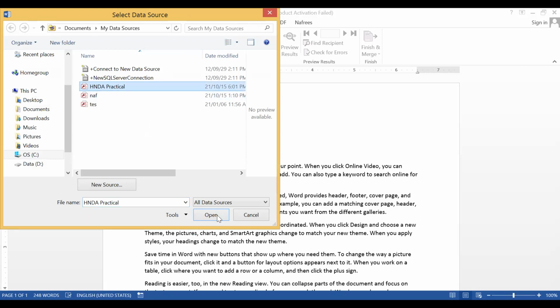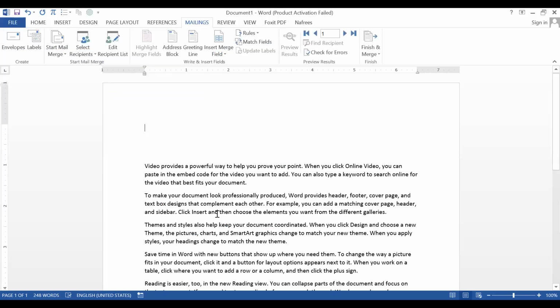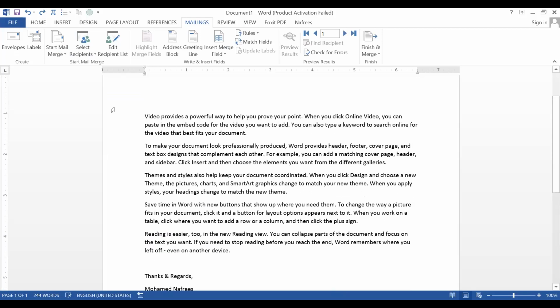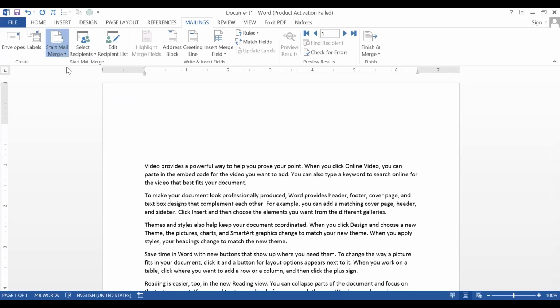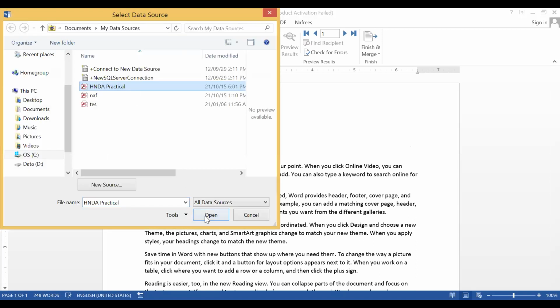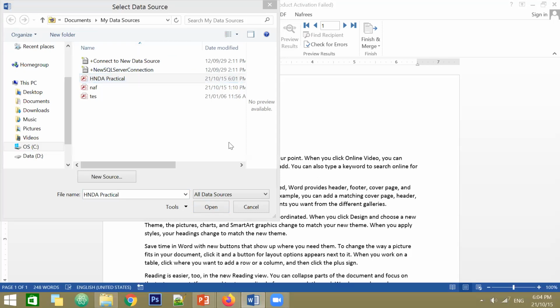Okay, now click this one. So once you select this one, you have to select your saved data set or recipient set. So HNDA practical is my one.